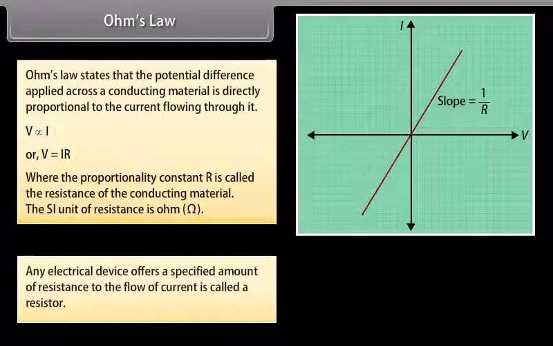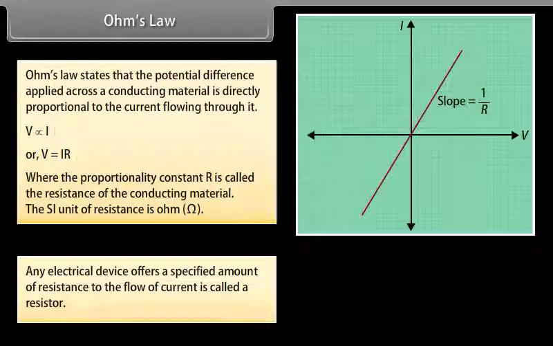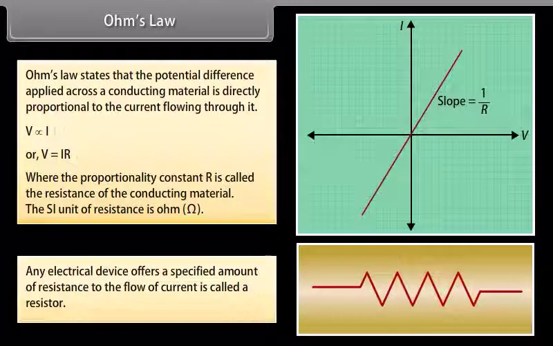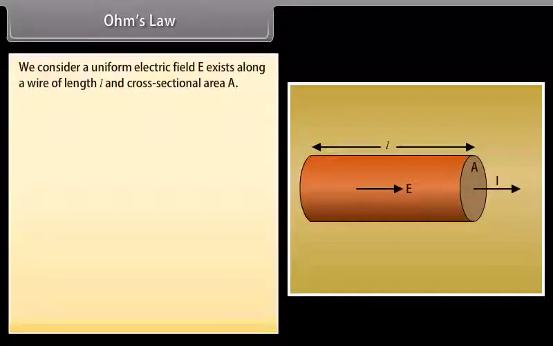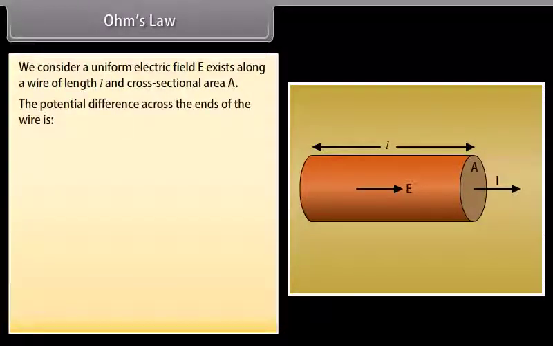Any electrical device that offers a specified amount of resistance to the flow of current is called a resistor. We represent a resistor by this symbol. We consider a uniform electric field E existing along a wire of length L and cross-sectional area A. The potential difference across the ends of the wire is given by V = EL, but I